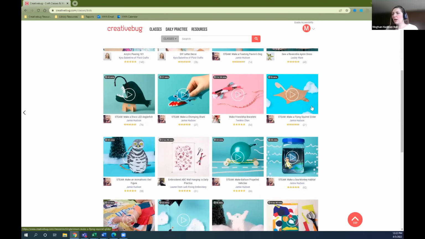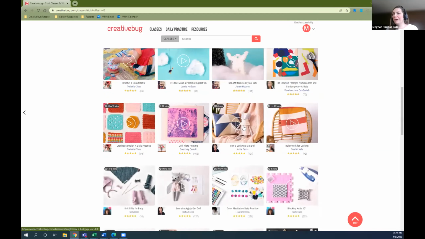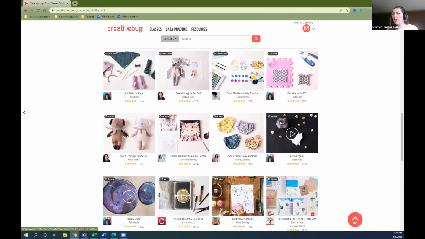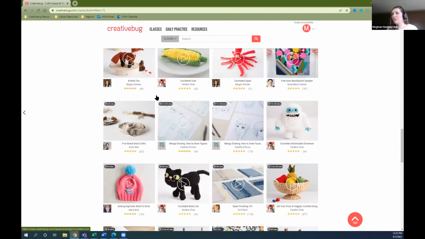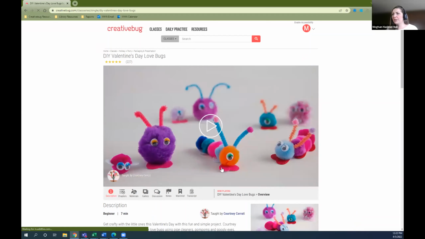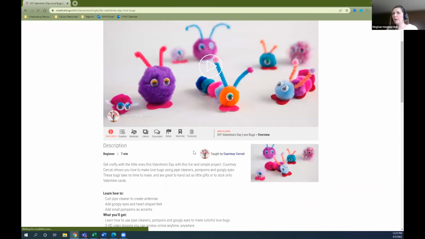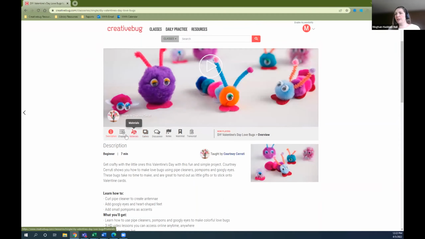Some of these do require a little bit more adult supervision than others, but there are some really great fun projects here that can just be done at home, you know, with just very simple, I like to point this one out, very simple materials, pom-poms, pipe cleaners, a little bit of glue and some felt, and you can make these cute little love bugs. So just very simple. Once you click on the class, you get another menu here at the bottom of the